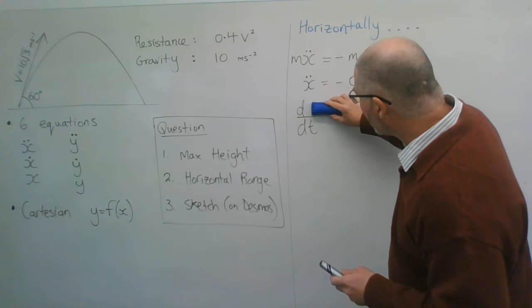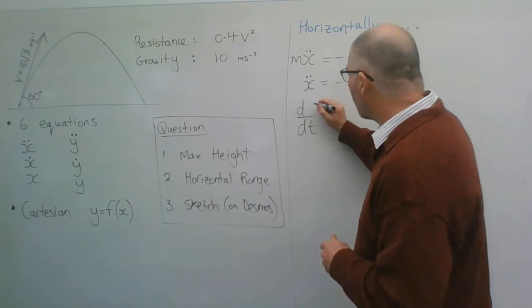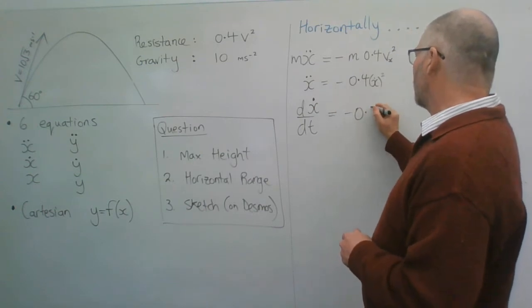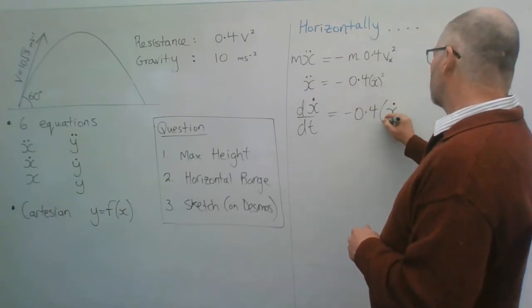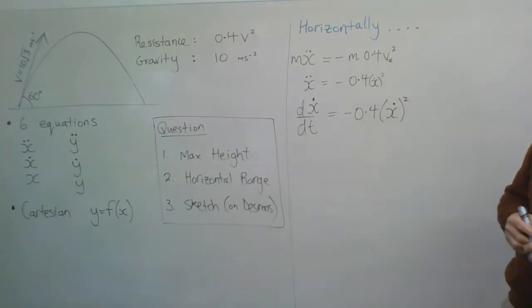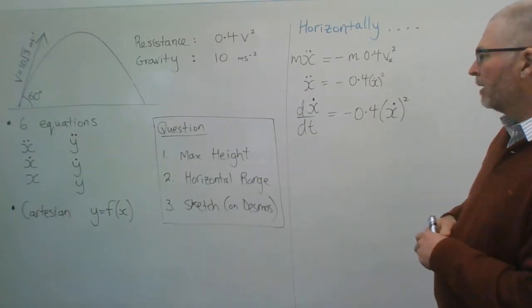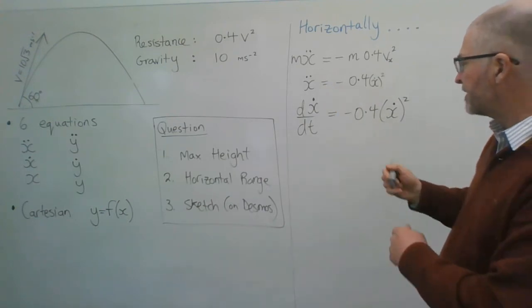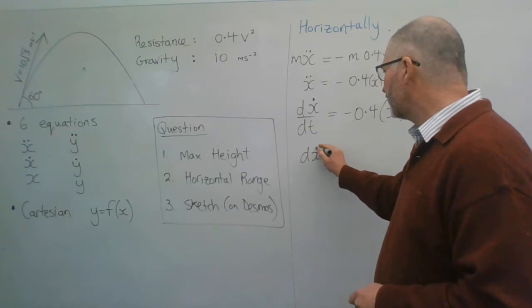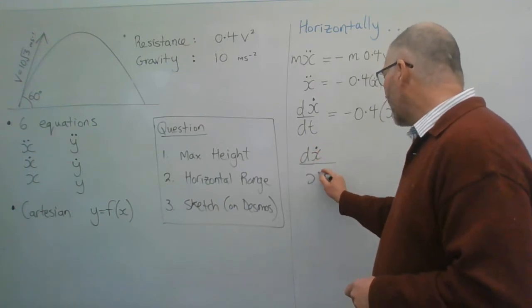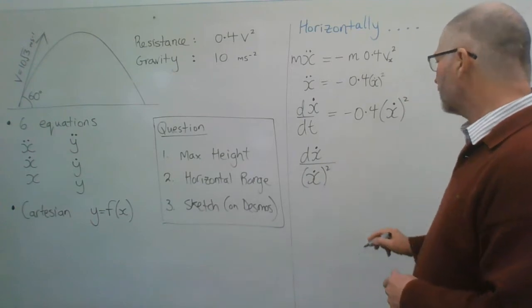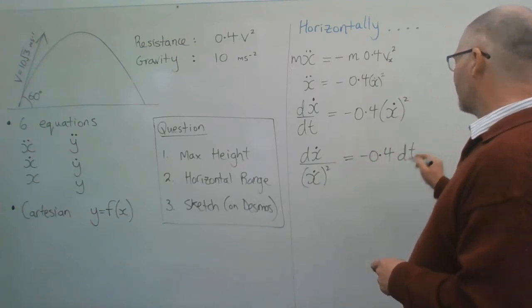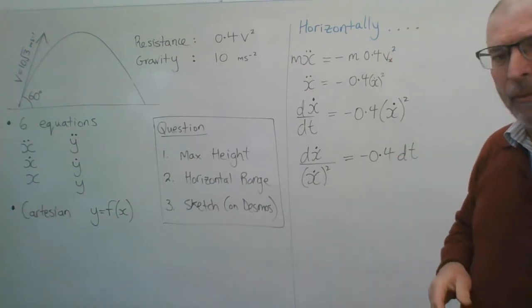But I'm going to write that it's d of x dot dt equals negative 0.4 x dot squared, because the acceleration is the derivative of the velocity. Now, if I separate out these variables, d of x dot on x dot squared equals minus 0.4 dt, and do my integral that way,